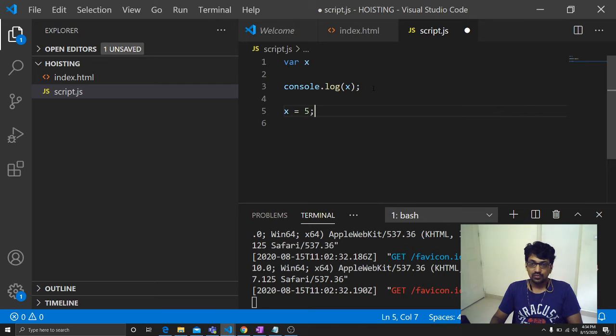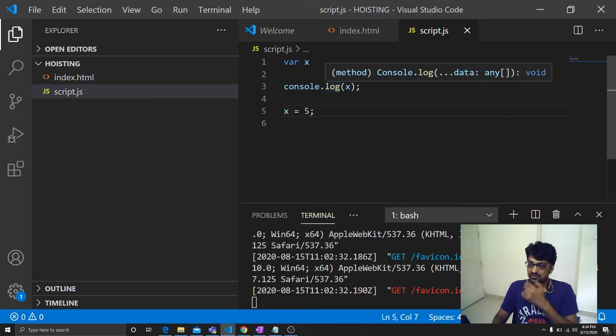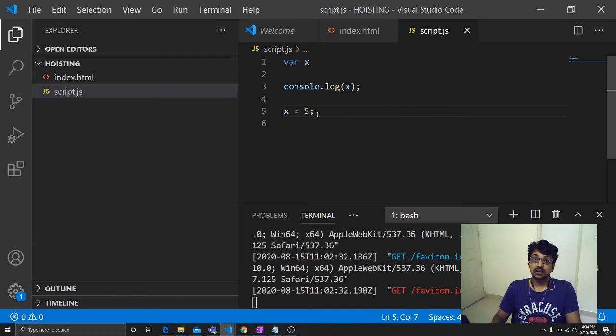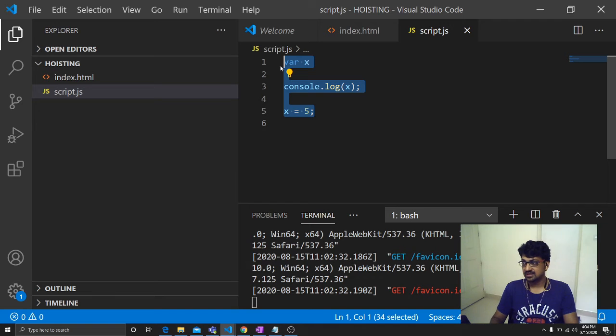So now let's move to the case of functions. Hoisting in the case of functions. JavaScript hoisting is also applicable to functions. Before moving to function hoisting, we should discuss the two ways in which we can define a function in JavaScript. That should be understood readily before moving into the hoisting concept in functions.